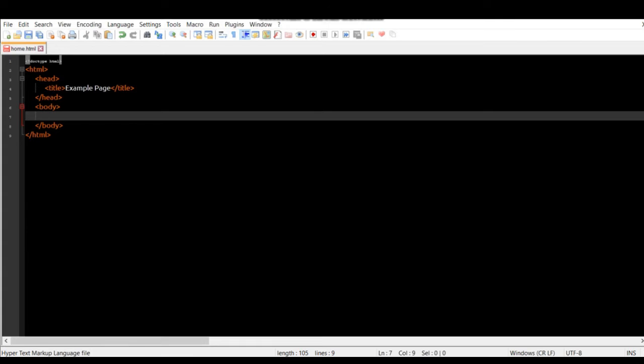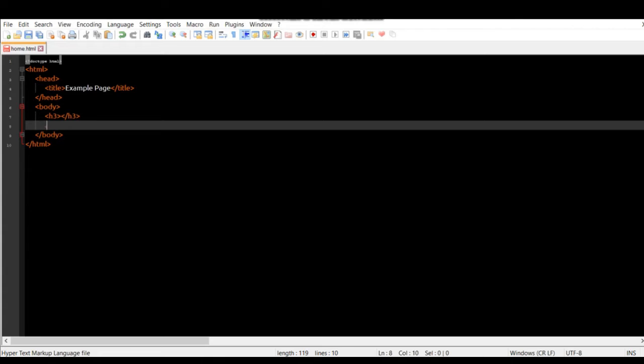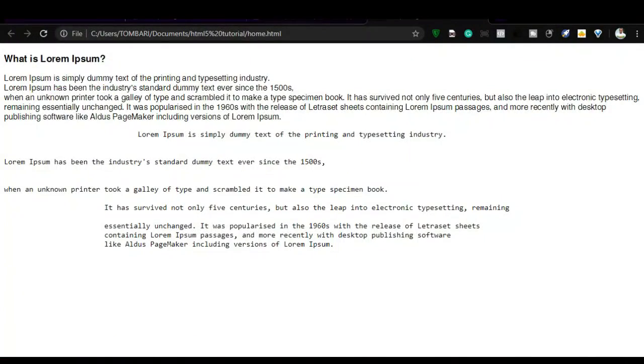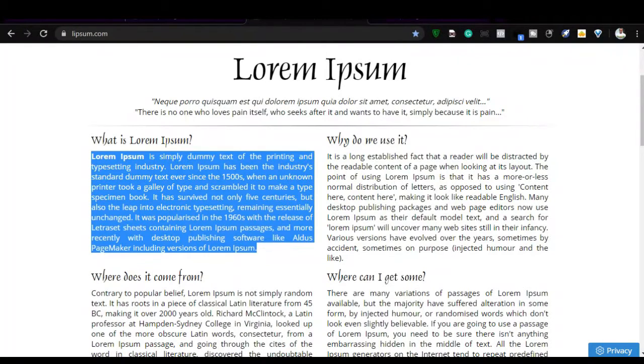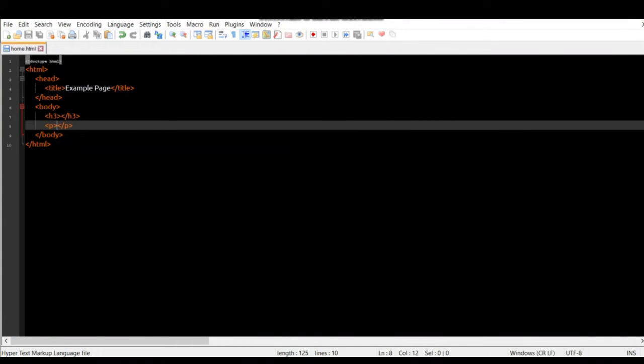Let's go back to our text editor, and let's say, for instance, we have a block of text like we did in the previous tutorial. Let's say we have our p tag, or let me just start with our h3 tag. Then we'll come here. We are going to get the text that will populate these tags. So we'll come here and have our p tag. There's our paragraph tag. So if we go back to our browser and copy this text like we did in our previous tutorial, let's copy this. Ctrl C to copy, and go back to our text editor. Put it in between